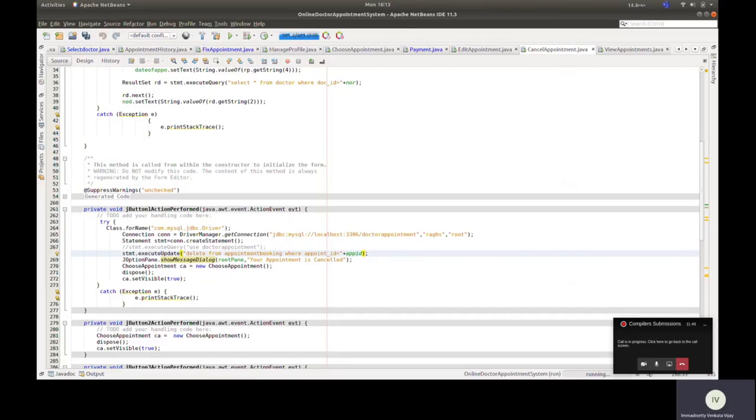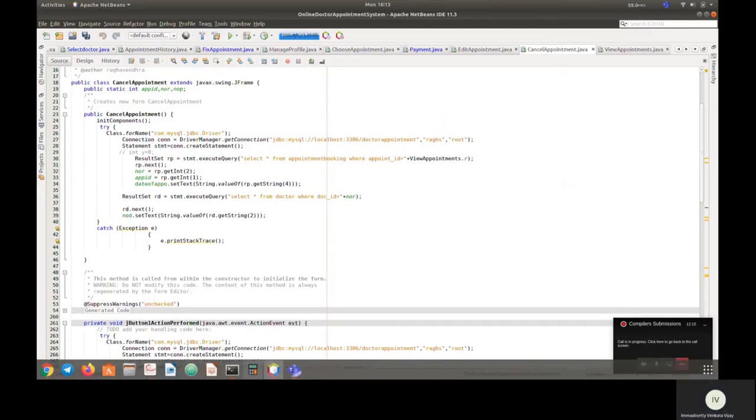App ID means the present appointment ID of the user selecting the particular doctor. Like Ram has taken an appointment with Vishwanath. If their appointment ID is 7, their appointment will be deleted in the database.